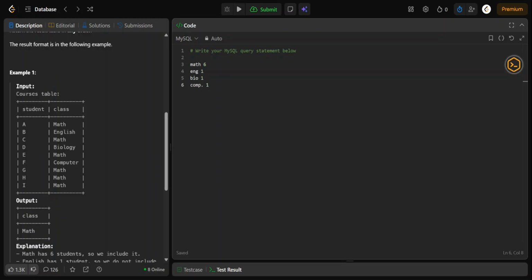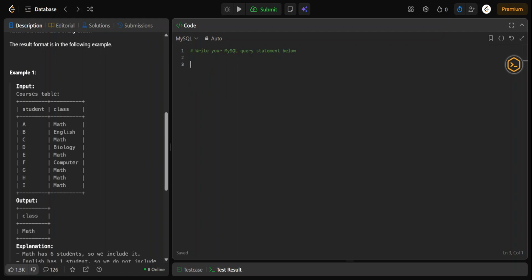So now we need to check whether the count is greater than or equal to 5. But here is the important interview question: WHERE versus HAVING. Many beginners write WHERE count of student is greater than or equal to 5, which is wrong. Why? Because WHERE works before the grouping, and count is available only after the grouping.